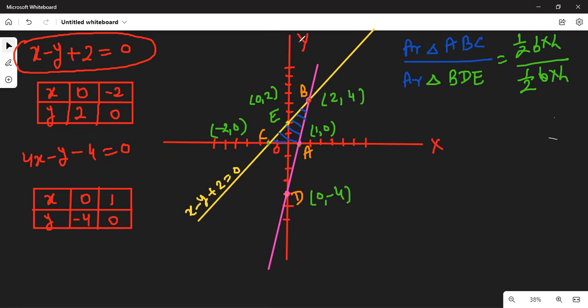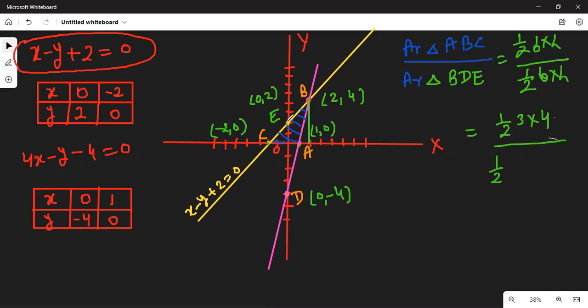You see, for the triangle ABC, height would be this line segment from B to base. Yeah, this line segment, and which is 4 because the coordinate is 2, 4. So height of triangle ABC is 4, and base of triangle ABC is minus 2 and plus 1. So total length is 3. So we can say that is equal to half of 3 into 4 divided by half of base for the triangle